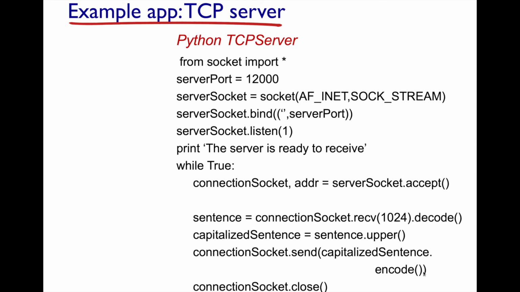So then we take this connection socket, we do a receive and a decode. So we're getting the message when you're reading from the connection socket. The server is getting that request from the client, does some work, converts it to uppercase, and then sends back the result and closes the socket. Now you notice here, this while true, this will keep spinning again and again because you're going to have more than one client contacting this server, right? And in a threaded application, mind you, this isn't threaded, but in a real application, you would have unique threads handling the connection sockets once they're created as a result of the incoming request being satisfied. Okay, so let's try this out.